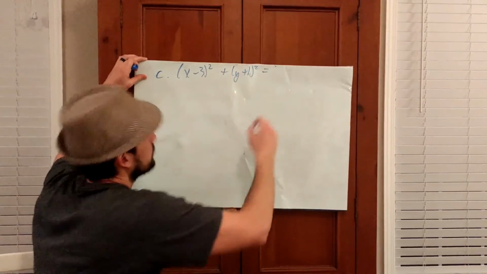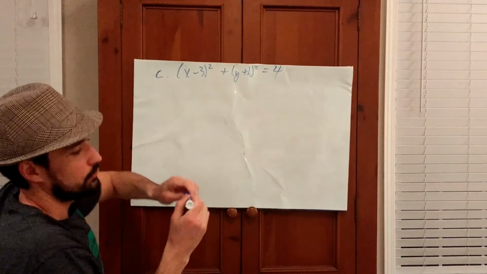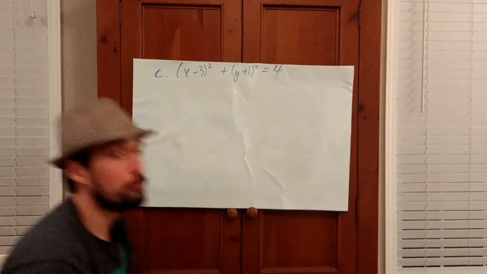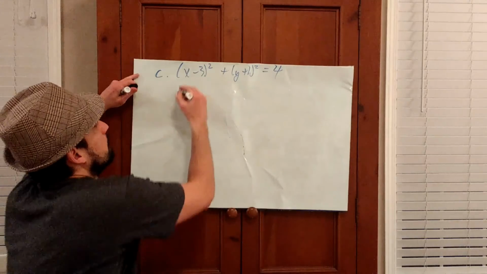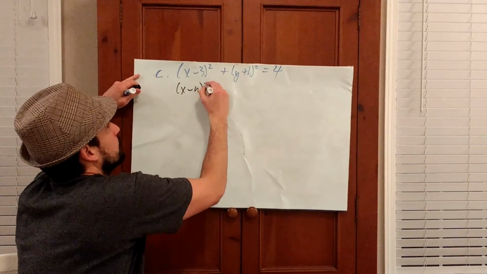Circles were based on the distance from the center. Circles are defined as a collection of all the points that are the same distance from a common point, that common point being the center. Maybe you remember this, x minus h squared